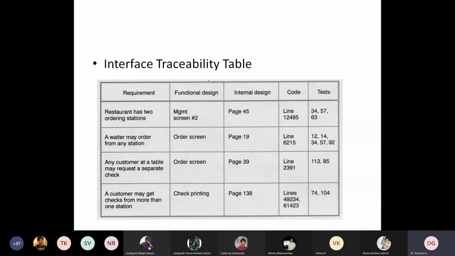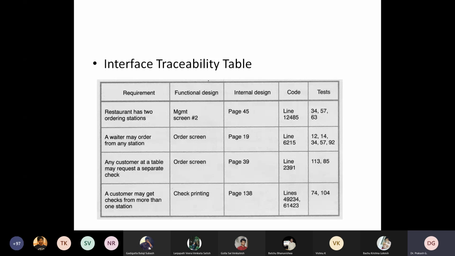We are supposed to integrate 2 methods of ordering food in a restaurant. One method is online, another method is through phone call. But both have to be looked into, and the bill has to be settled. So for this we have to do some kind of traceability table, some kind of tracing of the requirements.